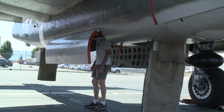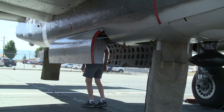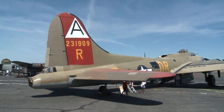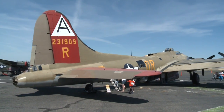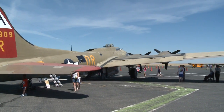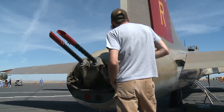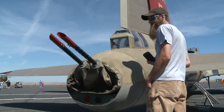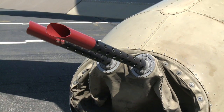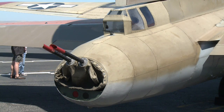The B-25 Mitchell was also made famous for the fact that it was the aircraft used in the Doolittle raid on Japan, which was the first retaliatory raid in 1942, where 16 B-25 aircraft flew off the aircraft carrier Hornet in April of 1942 in a role that they were never meant to do. They basically flew these airplanes off of an aircraft carrier, which had never been done with a medium bomber this size before, and that allowed them to get closer to the Japanese homeland and do basically a morale-building raid on